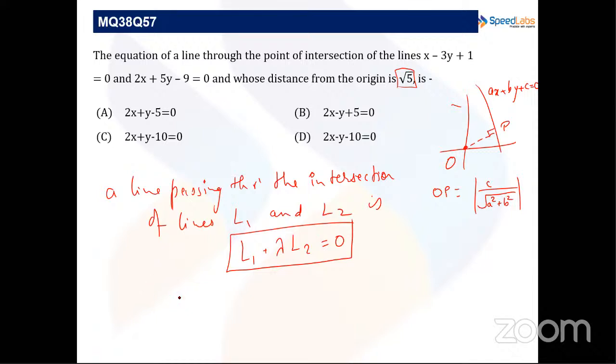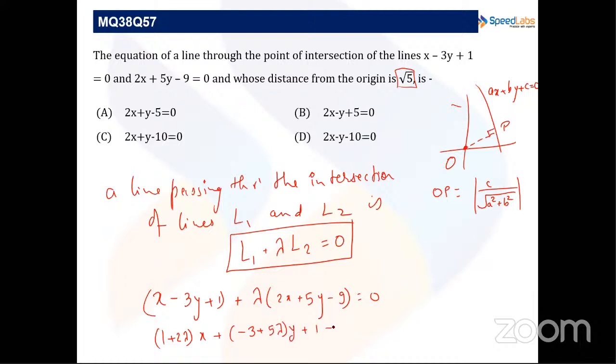Here we will be having x minus 3y plus 1 plus lambda times of 2x plus 5y minus 9 equals to 0. On simplifying, we will get 1 plus 2 lambda x plus minus 3 plus 5 lambda y plus 1 minus 9 lambda equals to 0. Now, using this concept, value will be,